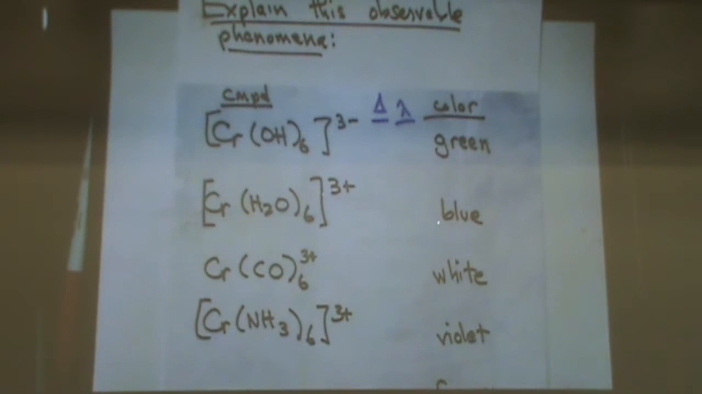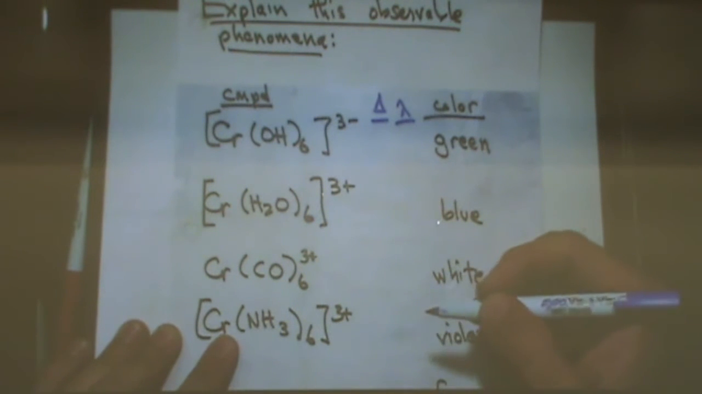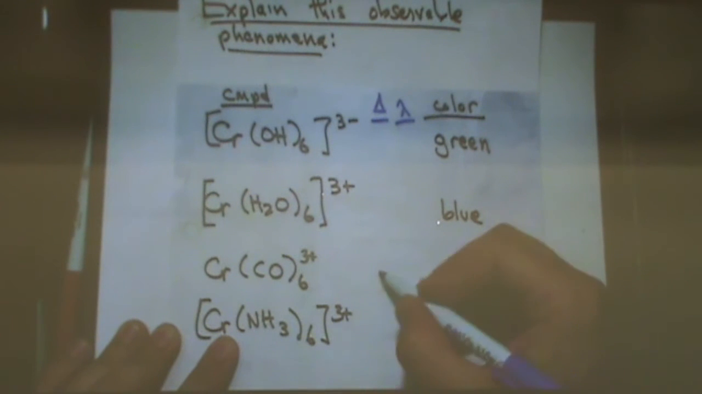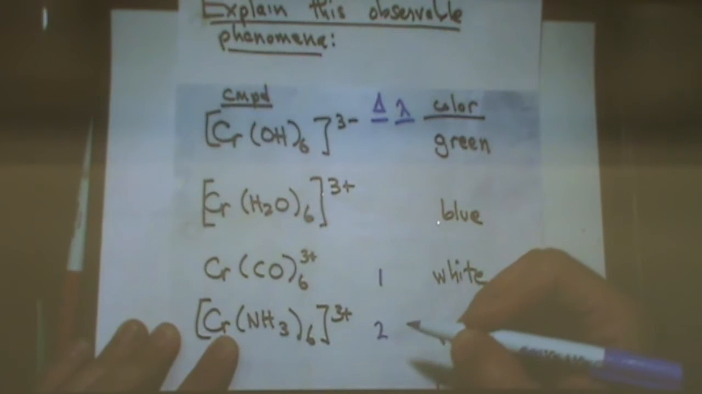So what has the highest delta? I believe the one with not NH3, Cl, right? 1, and then NH3, and then